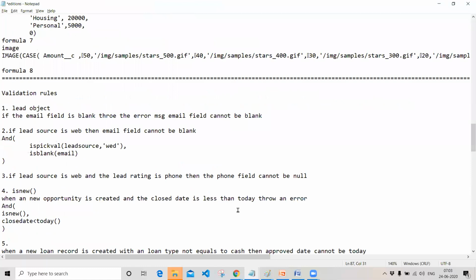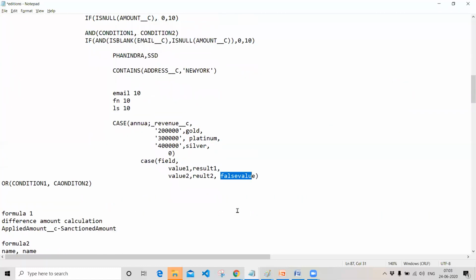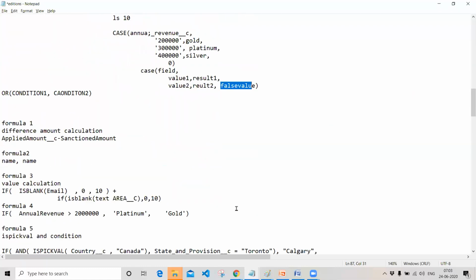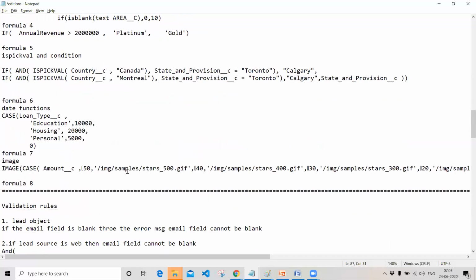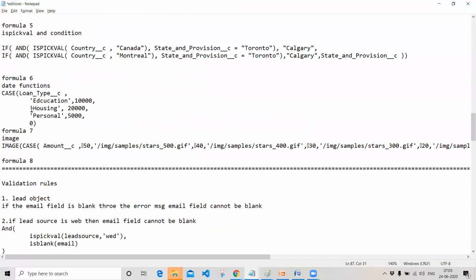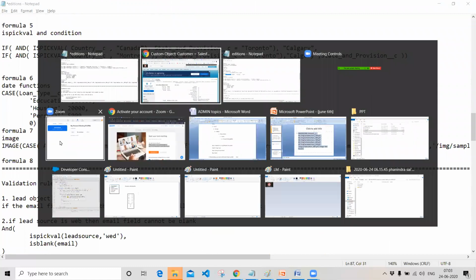And we have some more statements with respect to case function formula fields. Okay, this is with respect to the case.